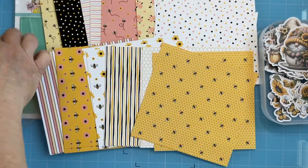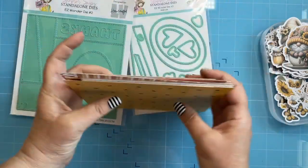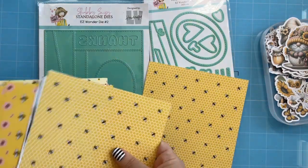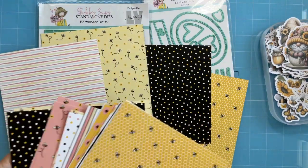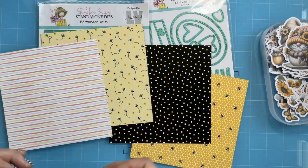So I think what I'm going to do is what I did last time and choose some of my favorite papers, and then we're going to cut them all out with this easy die 2 and see what we can come up with as far as designs go. So look at these. I think these are going to be my favorites here because I want to bring in some black and yellow and also some pinks. So I'm going to choose one of each of these papers here, and we'll cut all of them out with